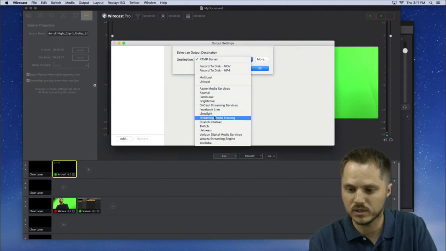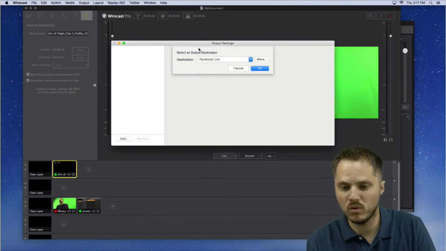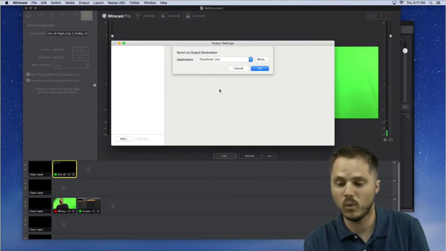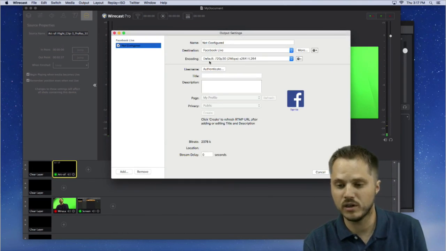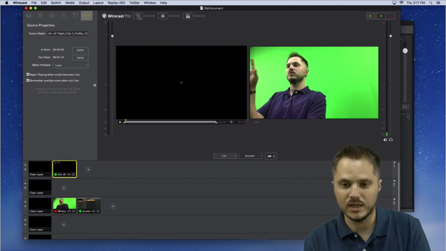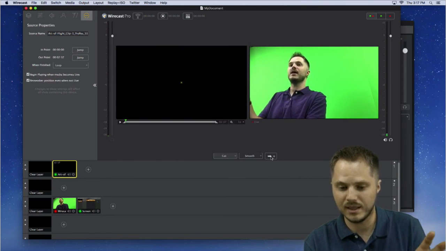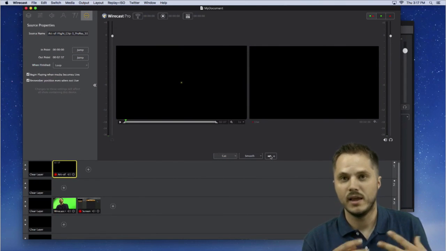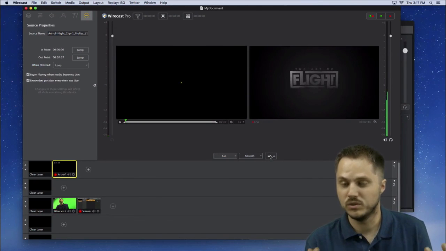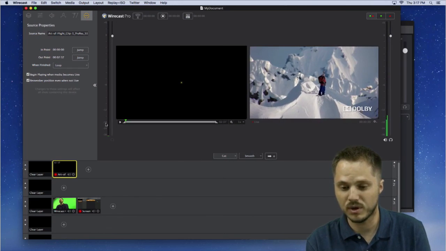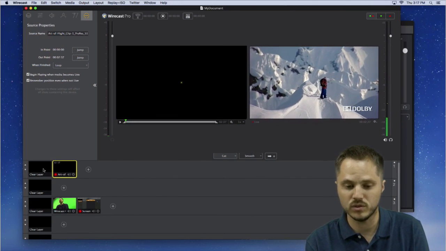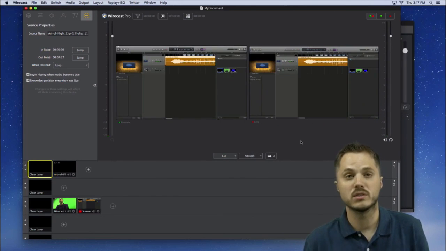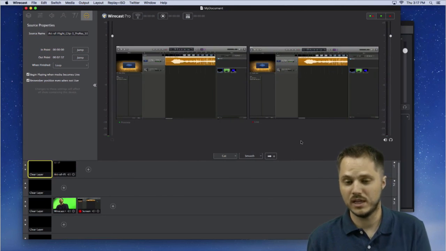You can go to Facebook. And if you've watched the video, everything's the way you want it. Hit OK, configure your Facebook output, and create your event and so forth. And then once you're ready, just hit the stream button and take that live. And then your video will just play and stream straight to Facebook. So that's probably the simplest way if you just want to use a pre-recorded source. I hope that answers your question.